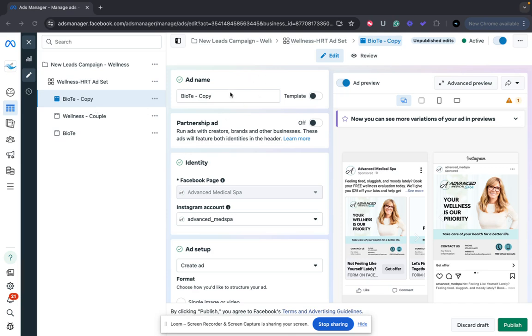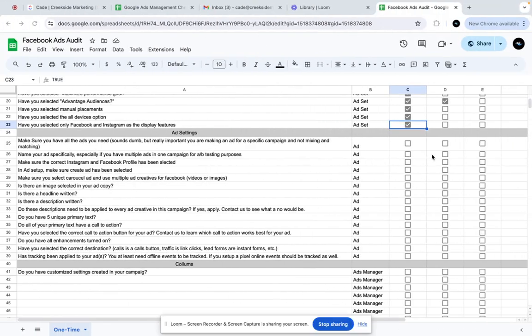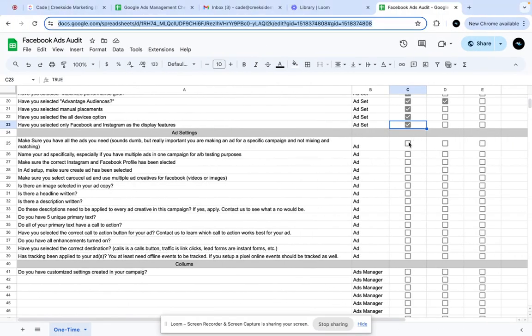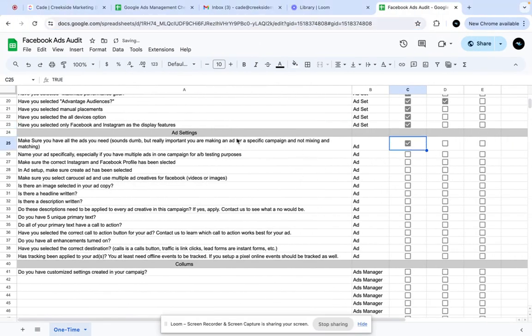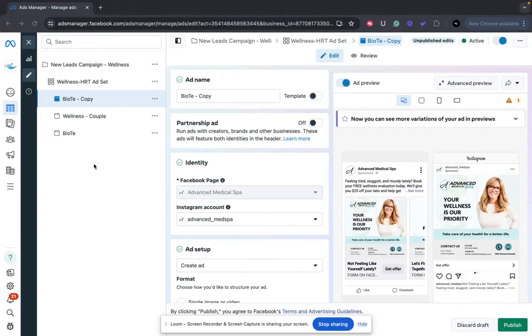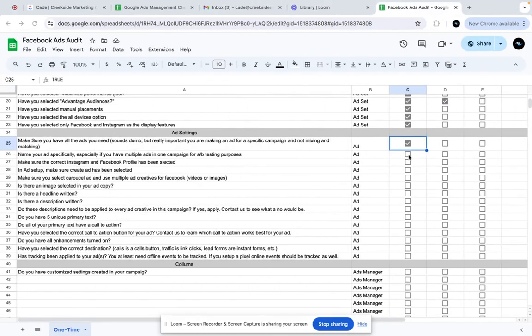Anyways, make sure that you have your ad named correctly and the amount of ads that you need. That should be yes. Then the next thing is name your ad specifically. So if you have multiple ads, you want to know this one is the copy, so we know that one's different than BioT. So that is done. We are going to click yes